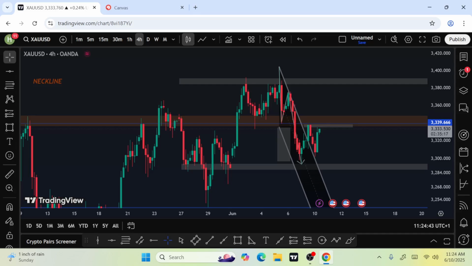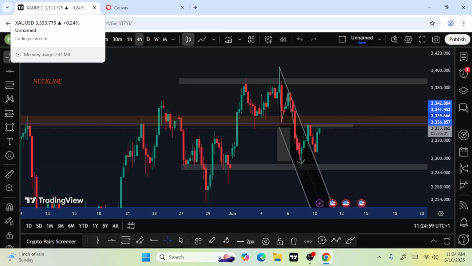And what happened after the bullish pin bar? Markets went up. Now it came back down to retest this and gave us another bullish. I'm still expecting this market to what? Go all the way up. But what will validate this is if it breaks the what? The neckline. You can say I've put a hash as the neckline. If it breaks above this guy, it's going the same length of this guy up to this liquidity here.